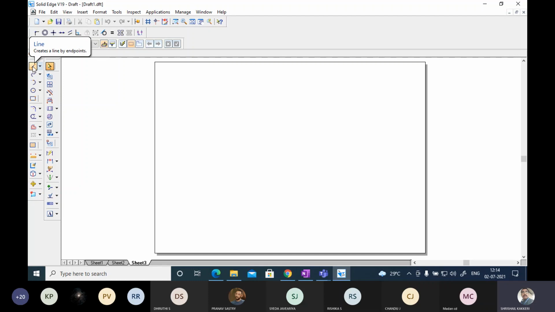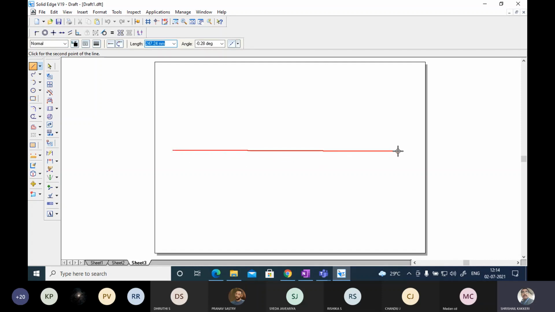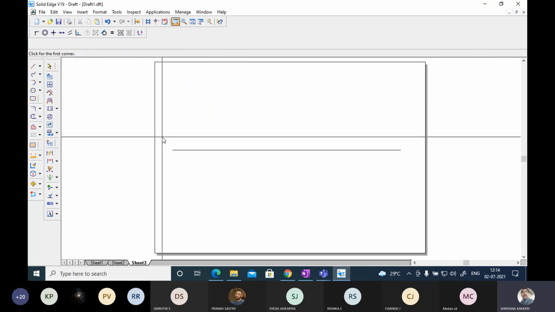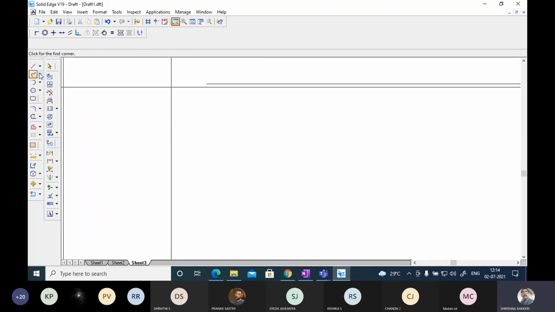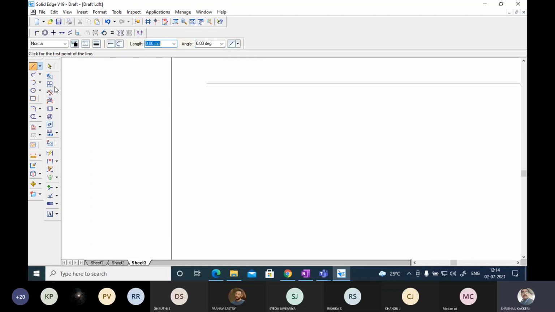I'm not going to discuss the manual method here, or if you want the manual method also, I'll explain it separately. Take a normal line of some suitable length; I have taken 250 mm. Now, the construction of the square is very simple. You can go to square, 35, 45 degree, and directly you can get it.